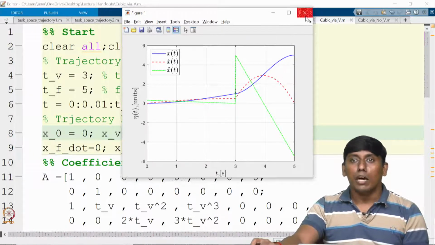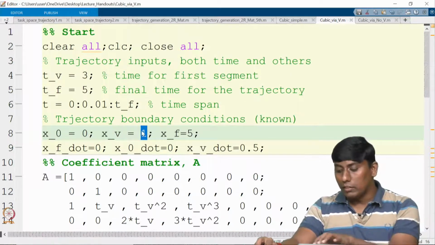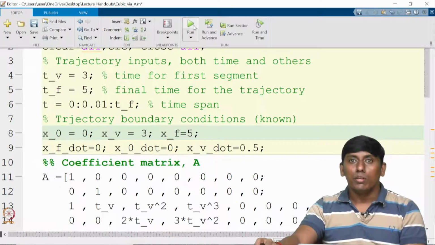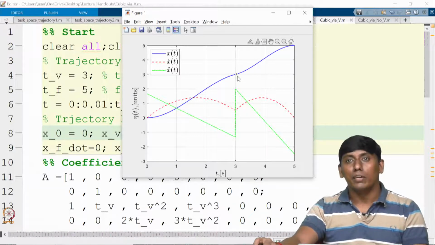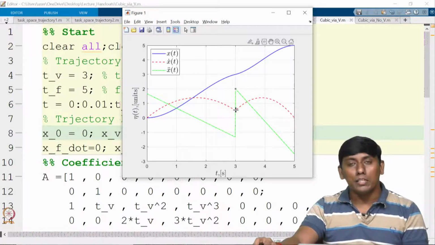Now for a more realistic case, I am putting it as 3 and running this again. Now you can see this gives something a little different, with the segments very explicitly visible. So this is what we call a via point with via point velocity specified.